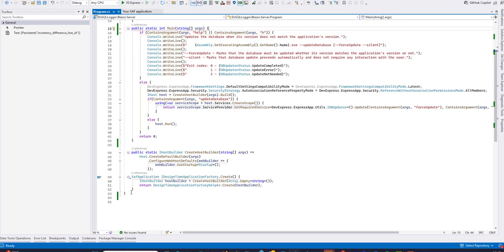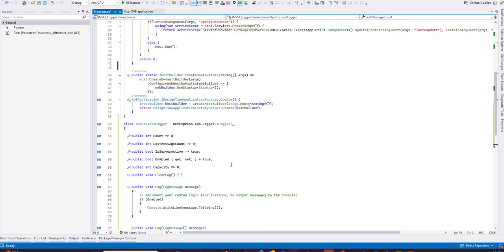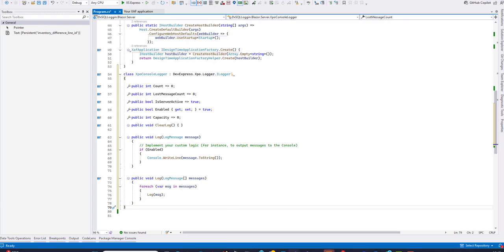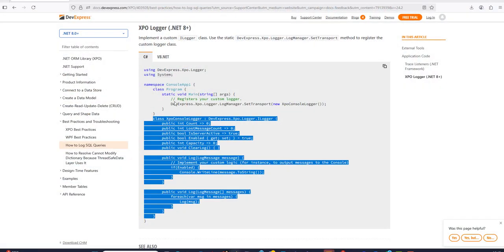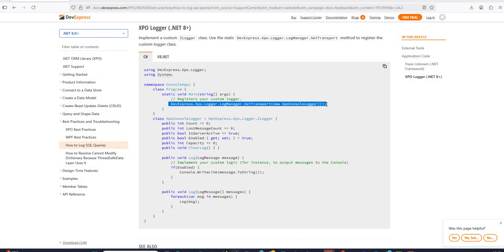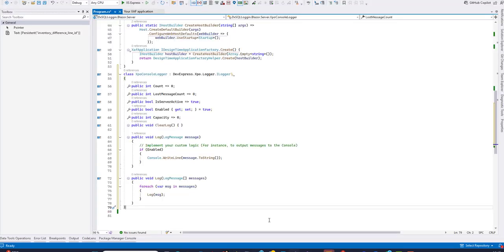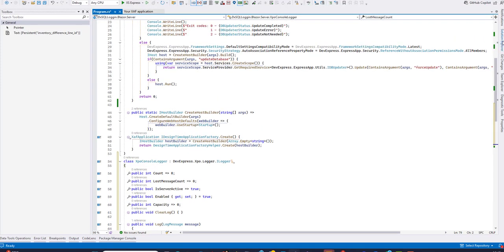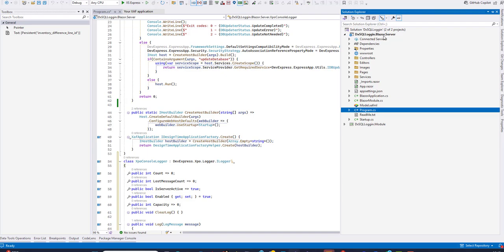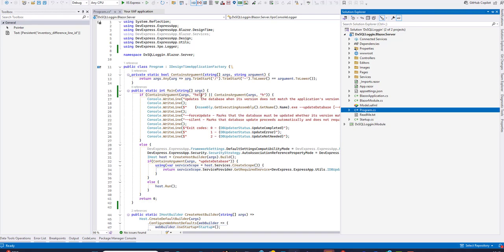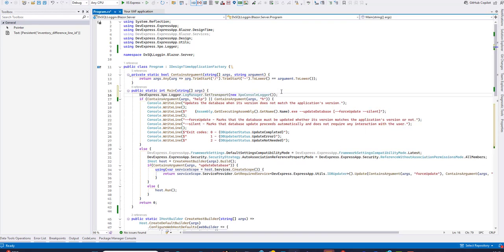We're going to paste it right here. And after that, we are going to use this registration in the program. As you can see here, under the Blazor server project in the Program.cs,